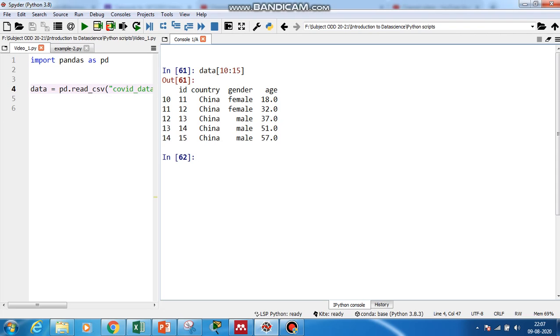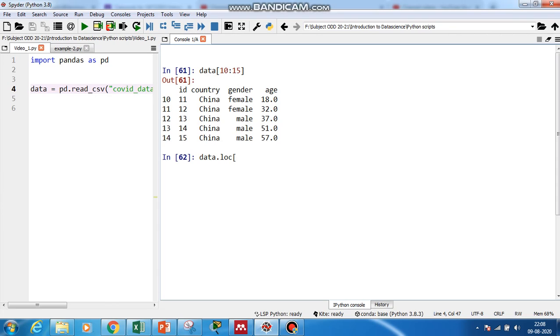There are three commands to do it. That is data.loc, data.iloc, data.ix. In this, data.ix is deprecated. It is no more used in Python. So data.loc is used for non-integer column names, and data.iloc is used for integer column names. How to slice the data column-wise using the loc command, we will discuss here.